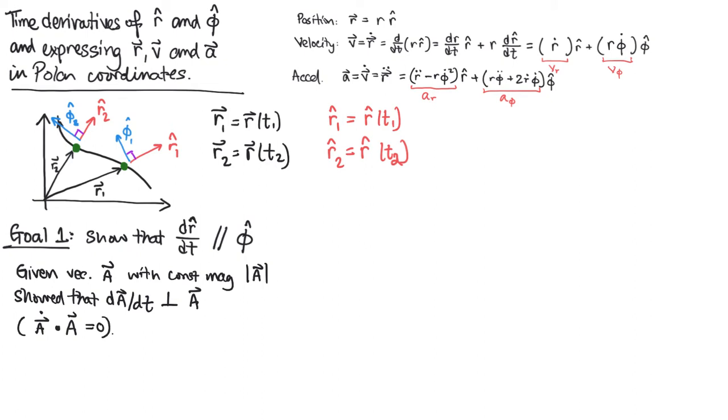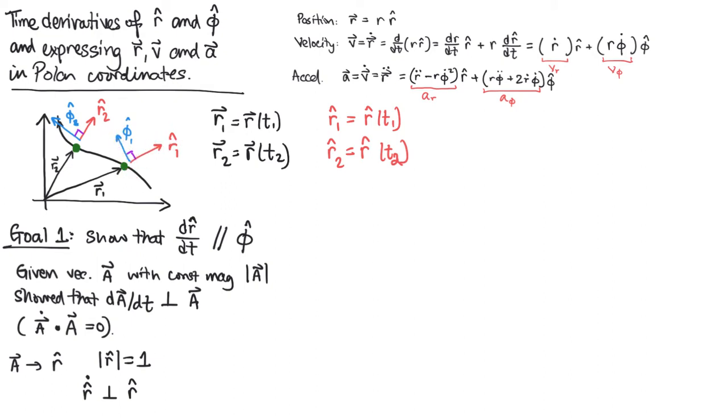How is that relevant here? Well, instead of the A vector, let's use the r hat vector. Is the r hat vector a vector of constant magnitude? Yes, it has a magnitude of 1 always. And so what this proof tells us is that the time derivative of r hat must be perpendicular to r hat. And if we look back at our picture, it's certainly the case that the phi hat direction is perpendicular